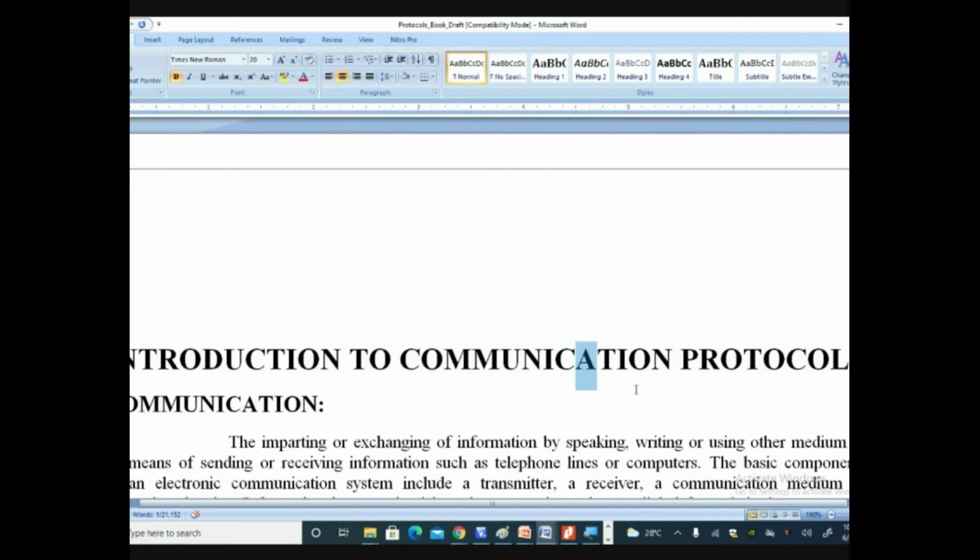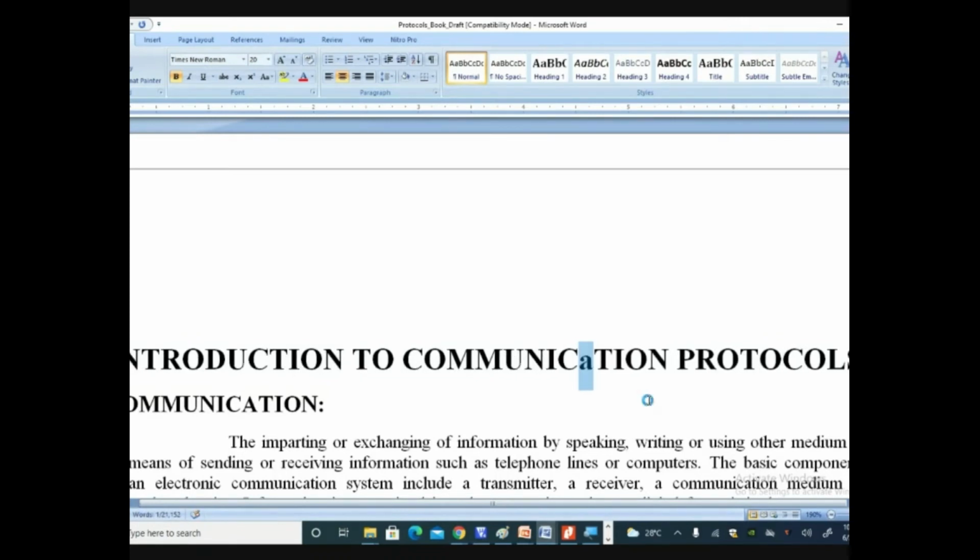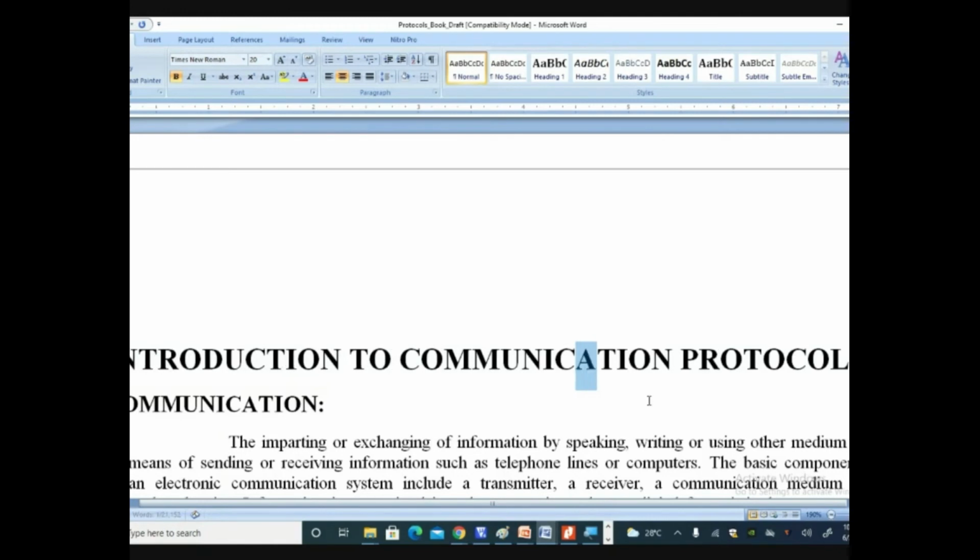For this capital A, 41 is there in the array. When I press Shift F3, 20 will be added to the selected character. So 41 plus 20 becomes 61, and 61 will get displayed. 61's ASCII equivalent is small a. You can see capital A, small a, capital A, small a. Shift F3. So this ASCII intelligence is available even in MS Word.